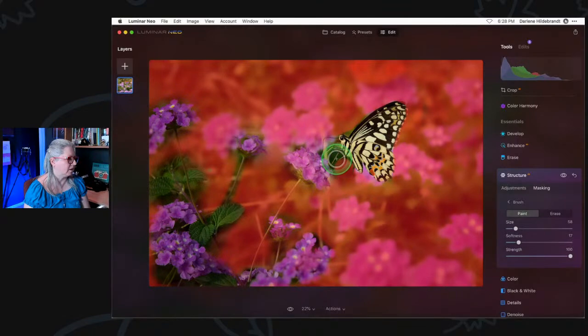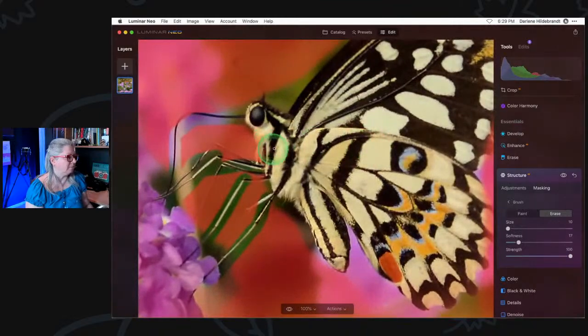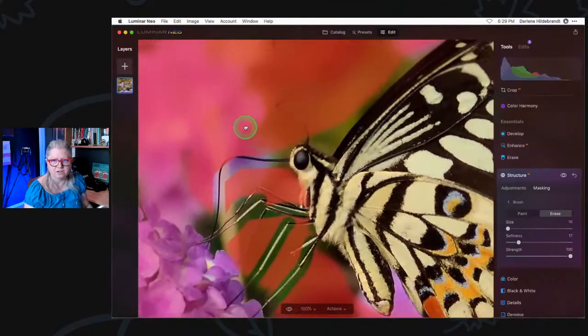So I'm just going to go back in. And what I would do normally is I would actually come in here and do a much better job of this. I would zoom in and do each of his legs like this. Okay, so let me just do that. Make sure I get his little antenna. To zoom in, I can hold my space bar and click. And then if I want to move around the image, just hold the space bar and then you can move